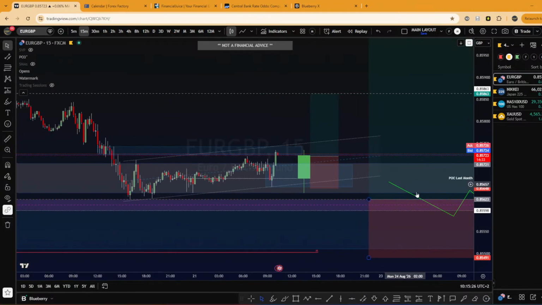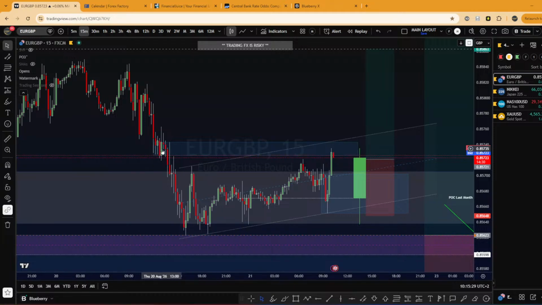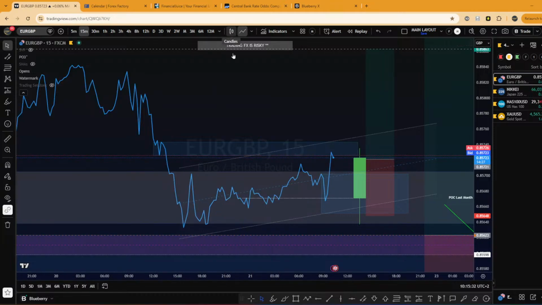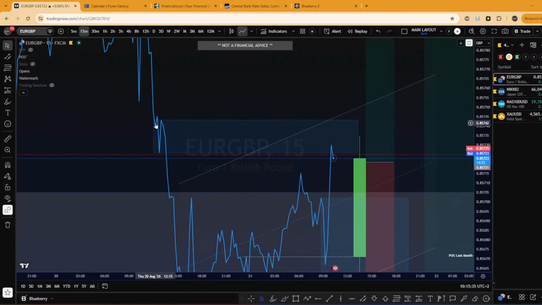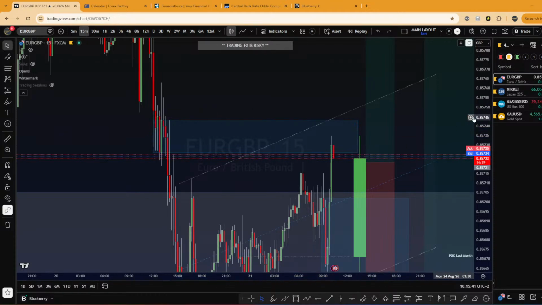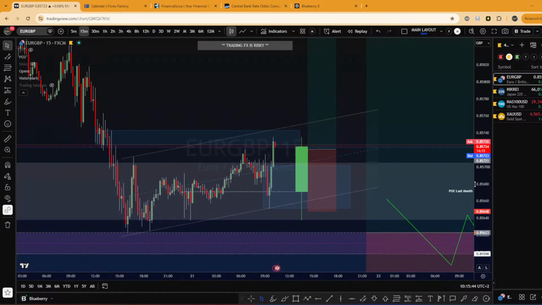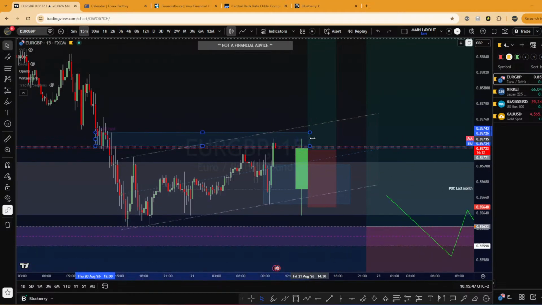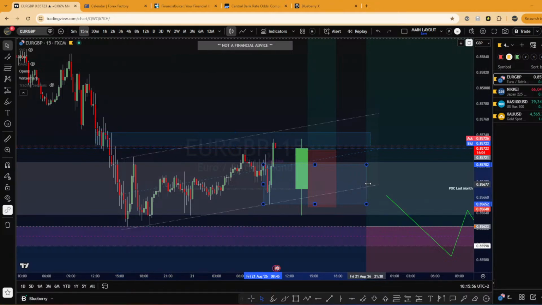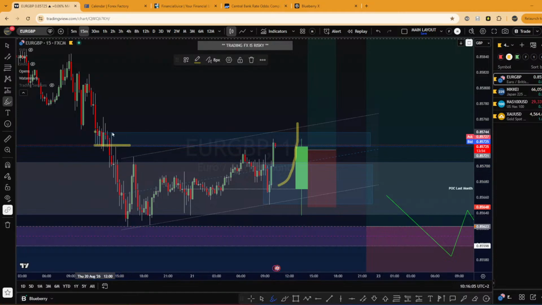You see, we have some rejection here. So this order block is holding. So very interesting to see. Let me see if I mark it up very well. Yeah, nice order block. So if this order block is strong, let's see if this order block is strong enough to break above this other block. Ooh,